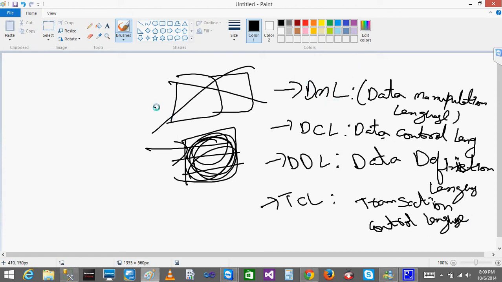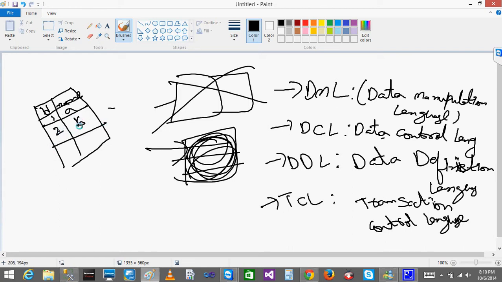Let's say this is my table, with ID and name. If I want to insert ID 1, A, insert one more record 2, B, update B to C, or delete 2, C, whatever operations I perform on data, you will be using DML, data manipulation language commands.